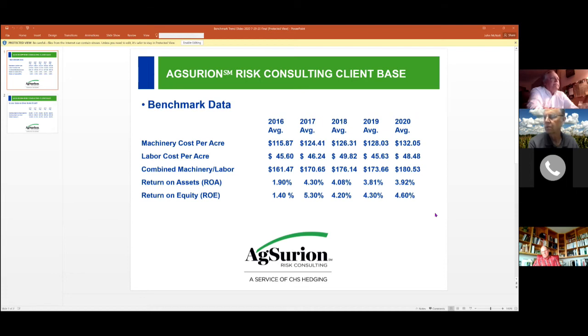Return on assets kind of surprised us. We thought it would drop from the previous year. It went up slightly, and return on equity went up slightly. As we reviewed financial statements this winter, it's pretty obvious the positive impact of market facilitation payments in these operations. And the average operation is still profitable. The next slide